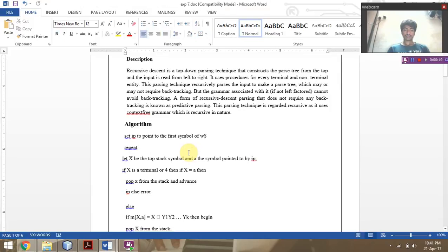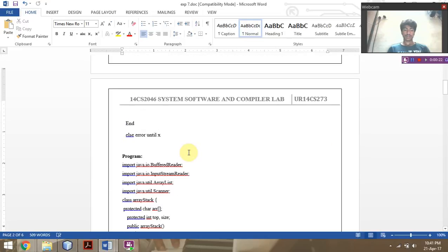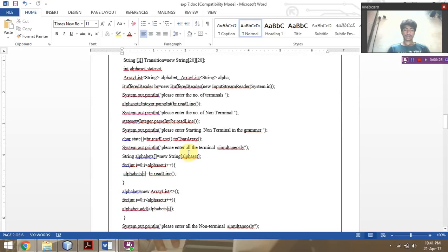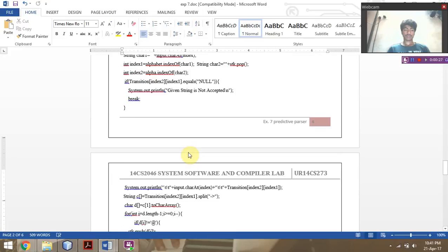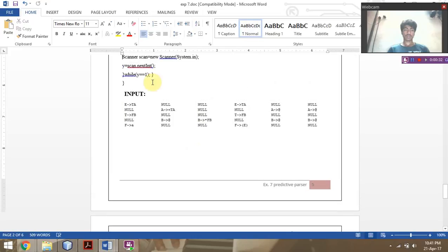Now coming to this, this is the algorithm for the program, and this is the sample program. This is the input step, and this is how the input should be given to the program. Now coming to the code,